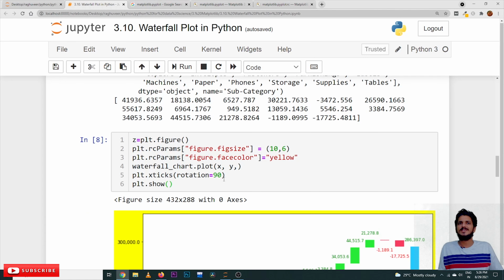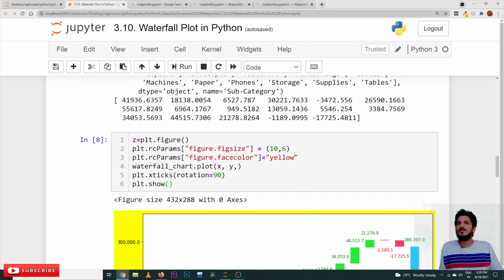And other ways are also there. We already discussed the other ways to define the figure. No need to use rc parameters, it depends on the situation. We are explaining different possibilities, that's it. We can use the figure method to define our figure, and change the face color in the figure parameter options also. So this is one way, and that is the other way. Other ways are discussed in our previous classes.